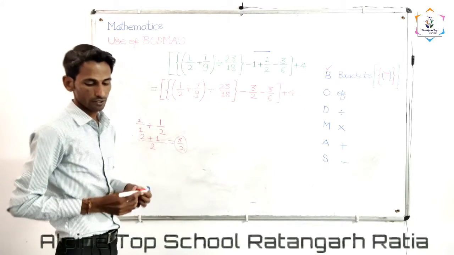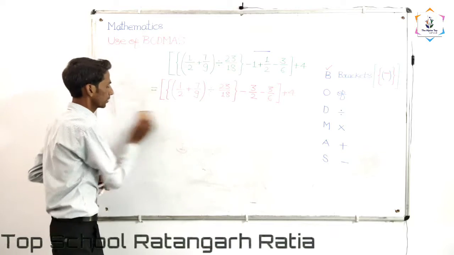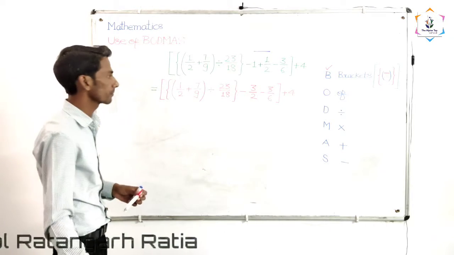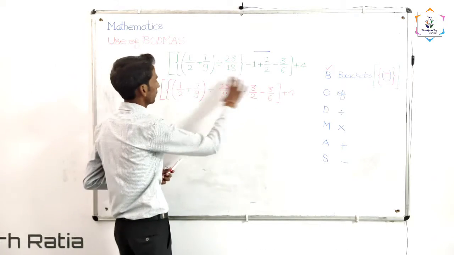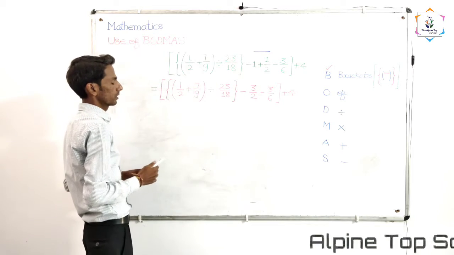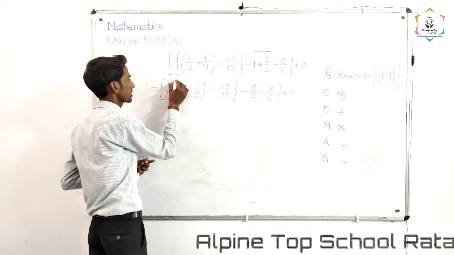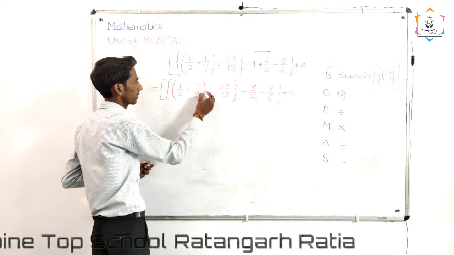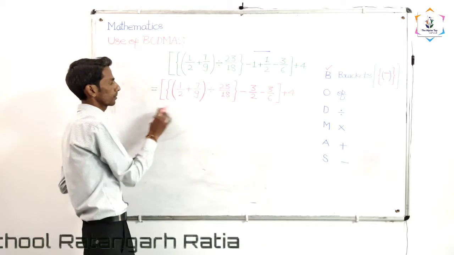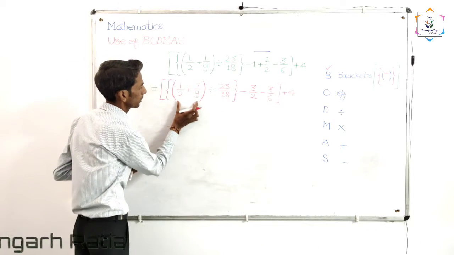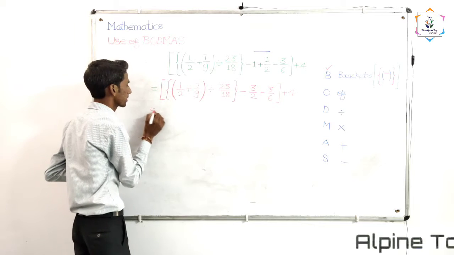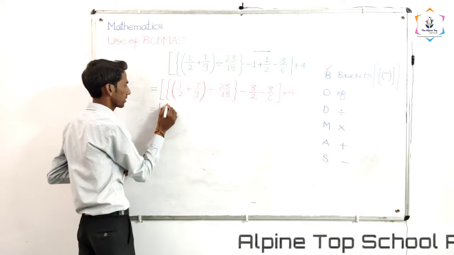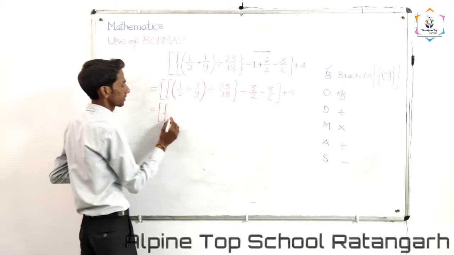Okay, I hope, student, the first step you are clear. Now I am going to erase the rough work. See now, whenever you observe again, the next operation is the next bracket, that is the small bracket. In the coming step we are going to solve only this small bracket. How can we do it? See carefully. Square bracket as it is, curly bracket as it is.